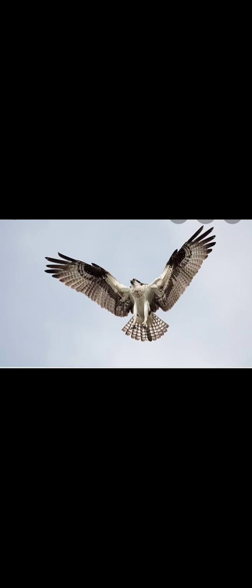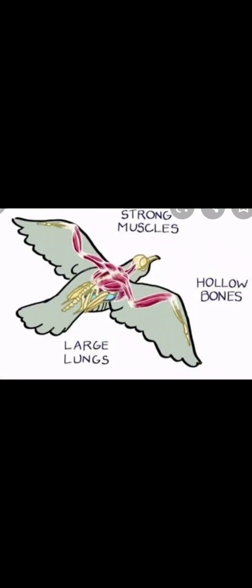And do you know how birds can fly? Birds can fly with the help of their wings. The wings of birds have feathers and strong muscles attached to them. With the help of these strong muscles, birds flap their wings and fly. The bodies of birds are very light, which helps them to fly easily. This is because the bones of birds are thin, light and hollow from inside.